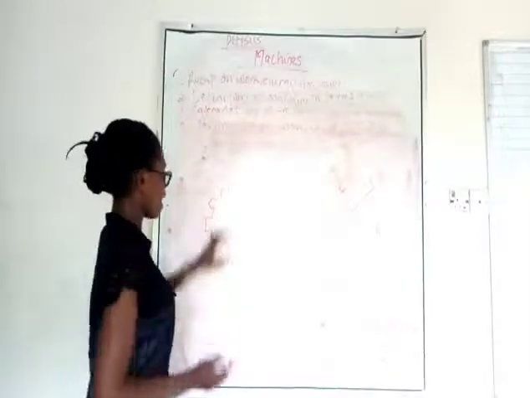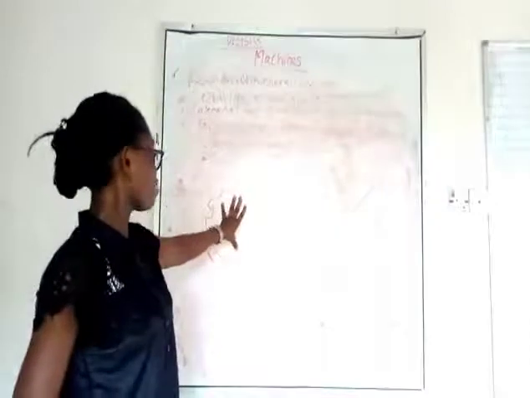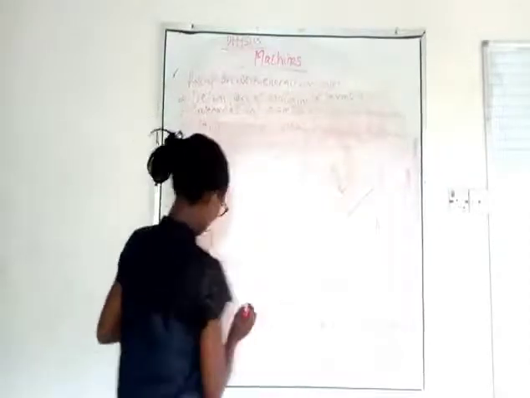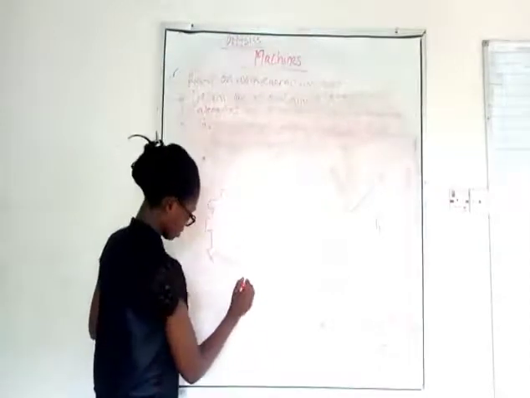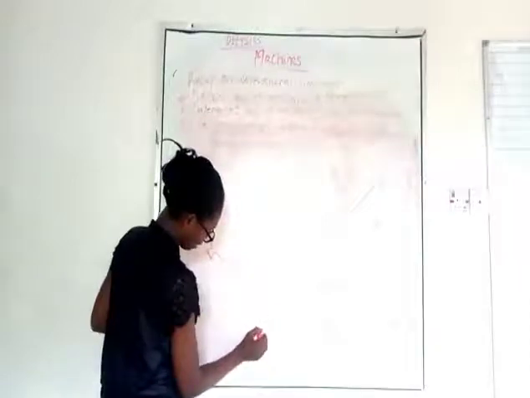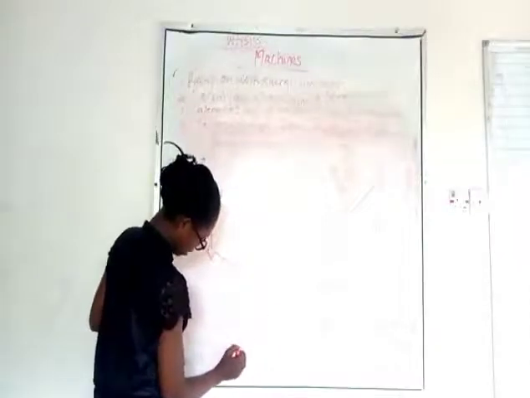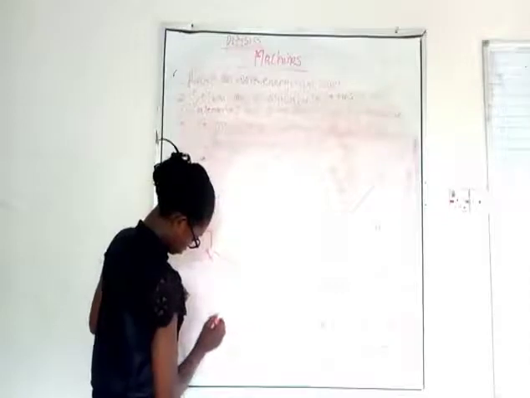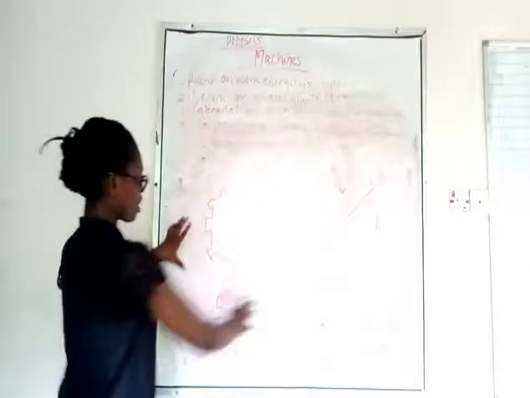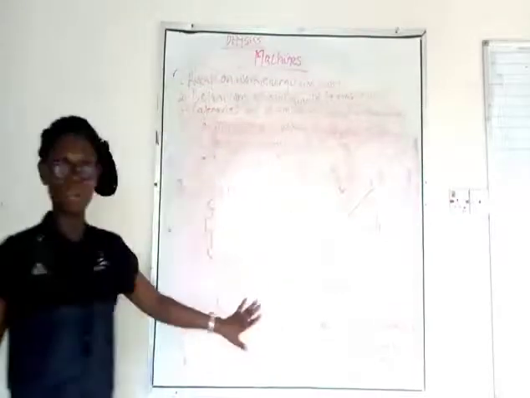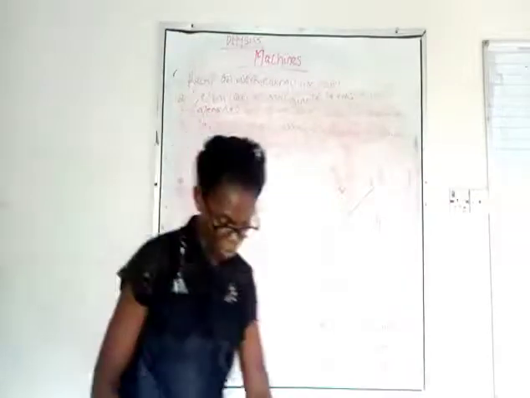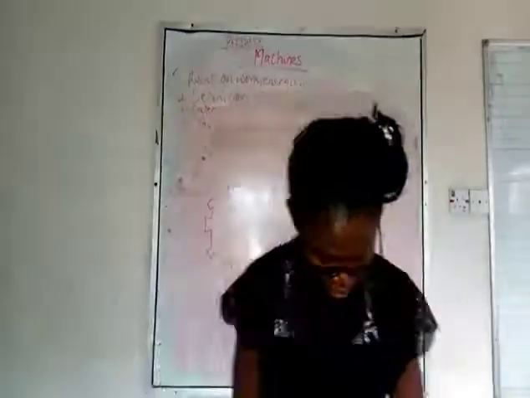So we have a bigger screw, and then we also have a smaller one. So effort is applied on one to help to raise a load in the bigger one. They are arranged in this way so that effort is applied on this to help overcome a load. And for you to find your velocity ratio is actually